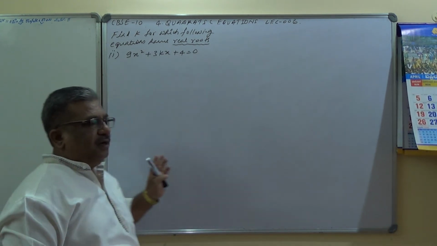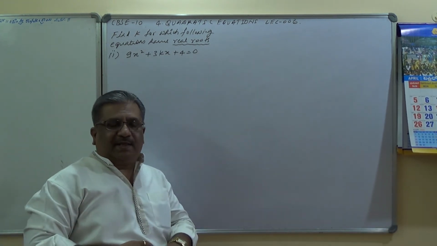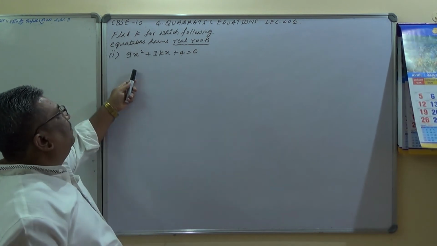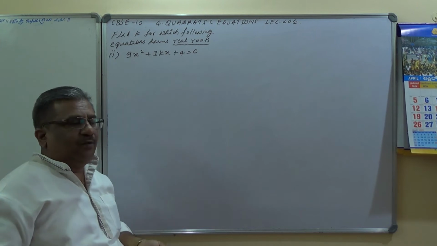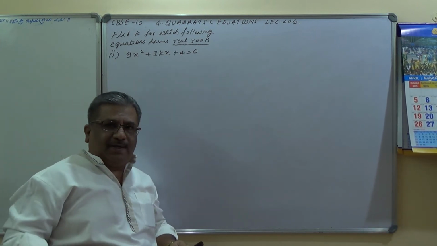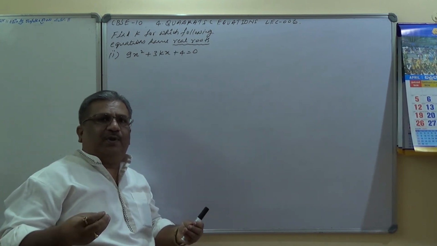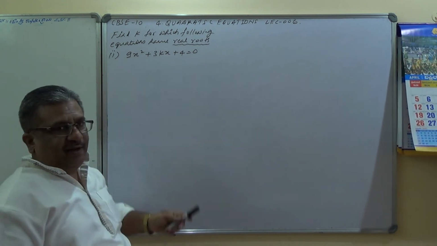Dear students, mark this sum a very typical sum. It appears to be as usual. Find k for which this equation has real roots. Only real roots. Again, D should be greater than or equal to 0. But we are going to end up with a very typical situation with this numerical, and